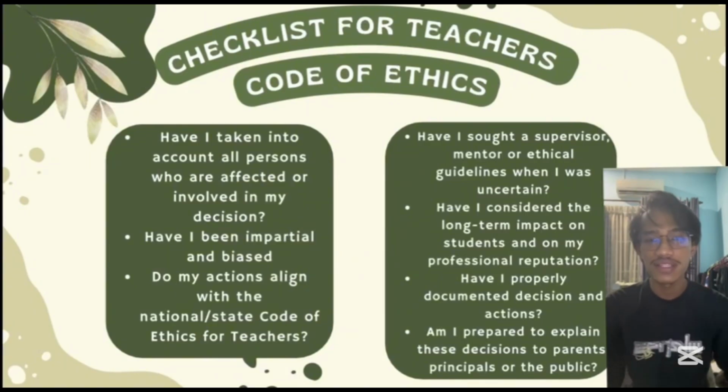Checklist for teacher code of ethics. The first item is: have I taken into account all persons who are affected or involved in my decision? Second, have I been impartial and unbiased? And 3, do my actions align with the national or state code of ethics for teachers? And 4, have I sought a supervisor, mentor, or ethical guideline when I was uncertain? And 5, have I considered the long-term impact on students and on my professional reputation? And 6,